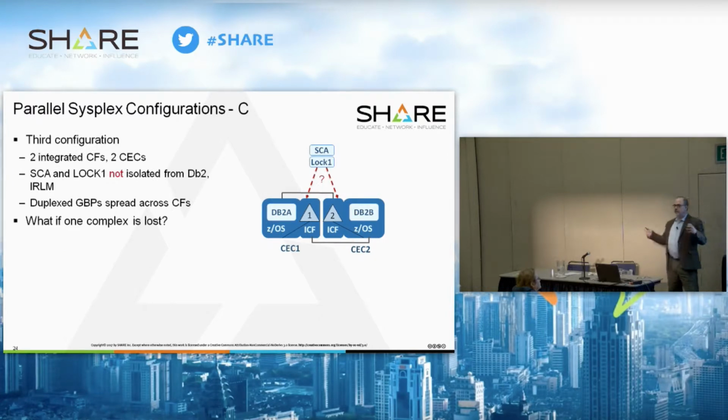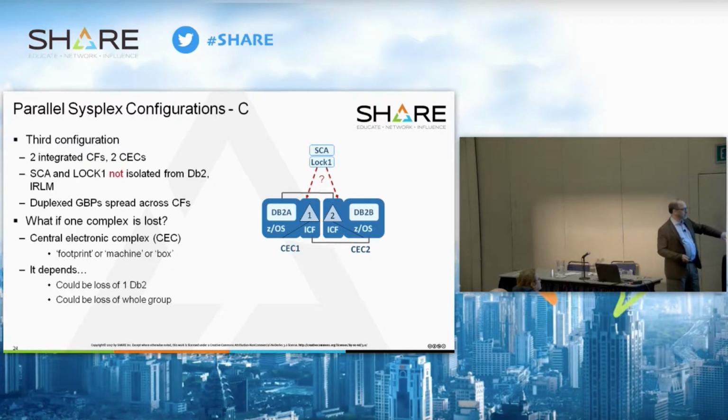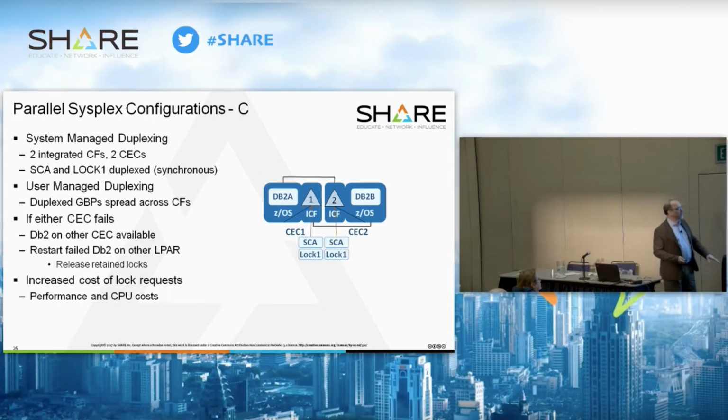Some customers said, well, this was great. I went from 4 down to 3. Can't I go down to 2? Right? Can't I just have 2 machines and have 2 ICFs? So physically you can do that, and then the question is, where do you put the lock and the SCA? If you put them on the left side, and then someone does something silly and you lose that machine on the left, the whole data sharing group goes down, right? So if I lose one complex, what's going to happen? Well, depending on which one it is, I could lose one DB2, or I could lose the whole data sharing group, right? So to get around this,